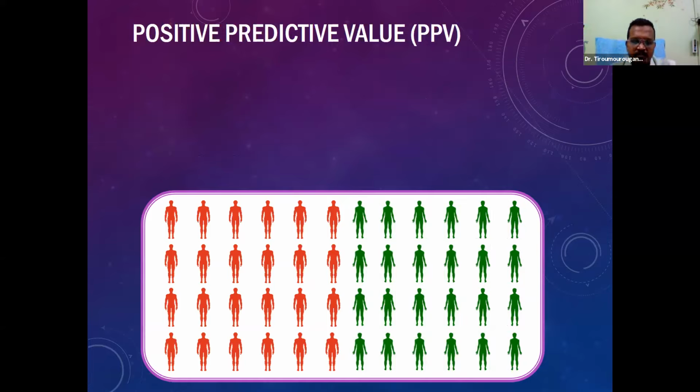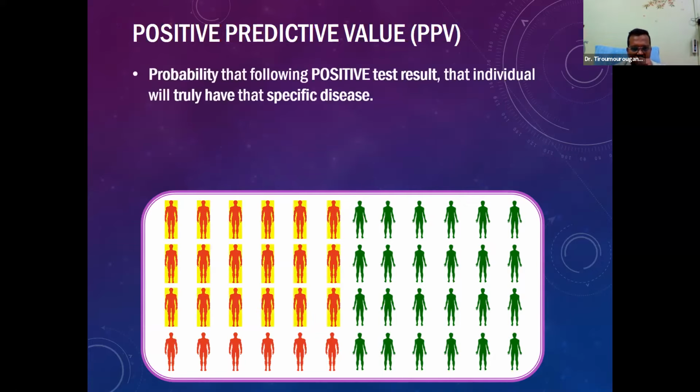But there are two important parameters which are relevant to the patient, because when the patient walks in, he says, "Sir, whatever test you give, do I have the disease or not?" That's what he wants to know. What do you mean if this test is positive? So the positive predictive value of a test: when we do a test, a lot of people who are infected or have the disease will come back as positive. But please remember, there will also be others who are not infected who will also come back as positive. So the probability that following a positive test result, an individual has the disease, is the positive predictive value.